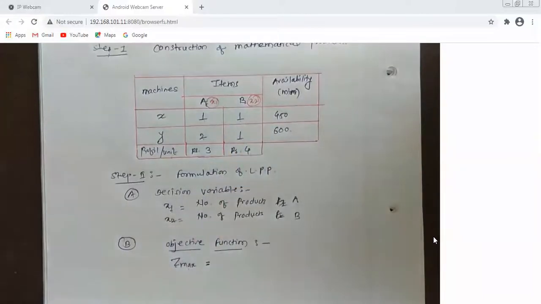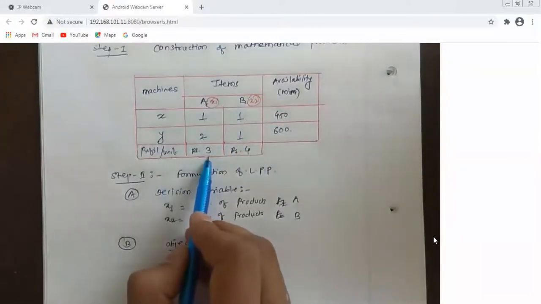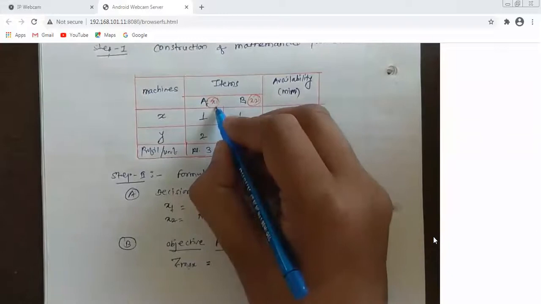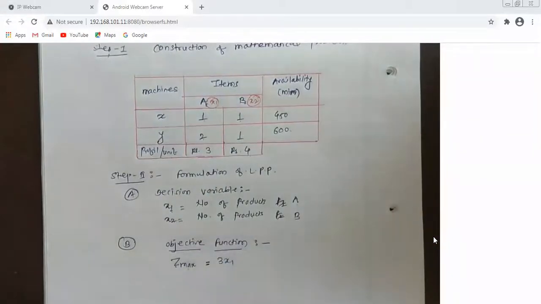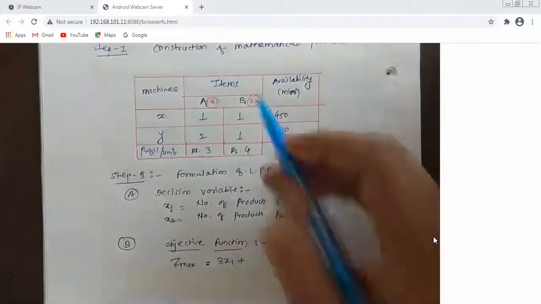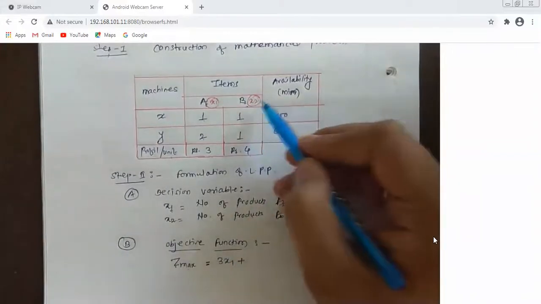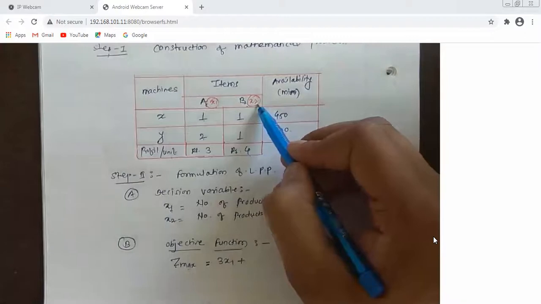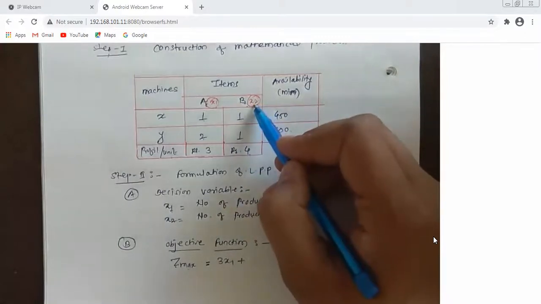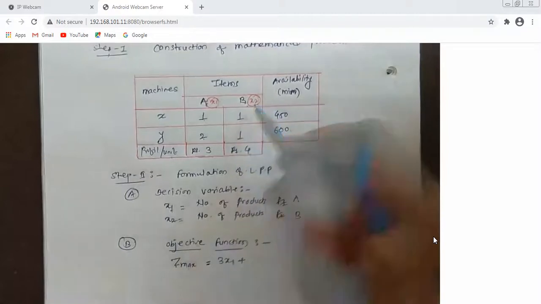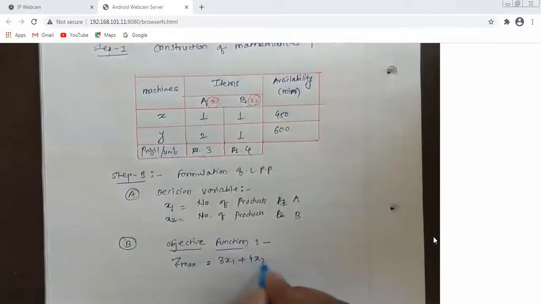Okay, but here what they have given is a profit of ₹3 for 1 piece, but here we are going to manufacture x1 pieces. So what will be the profit now? 3 into x1 plus, here under B we are going to produce x2 pieces, and we know that for 1 piece the profit is 4 rupees. So for x2 pieces, what will be the profit? That is 4 into x2. So I will write 4 into x2. This will become our objective function.